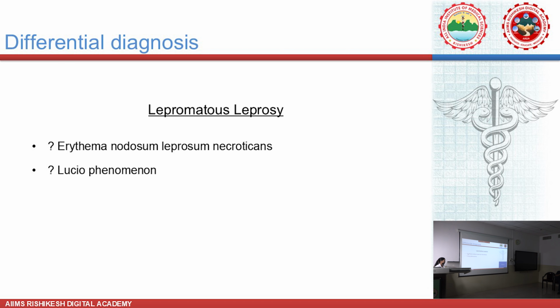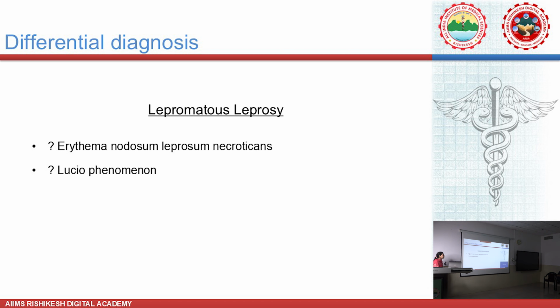Yes. Any other comments? You can take your seat now. Though diabetes does show neuropathy, nerve thickening is, I think, the clincher here, because nerve thickening will not be seen in any other differential, even in vasculitis, which might show neuropathy in rare cases, but nerve thickening will not be there. So I think that nerve thickening is a huge pointer towards leprosy.